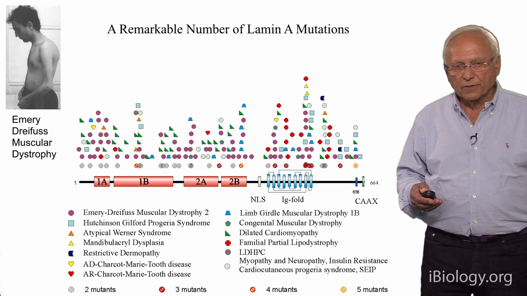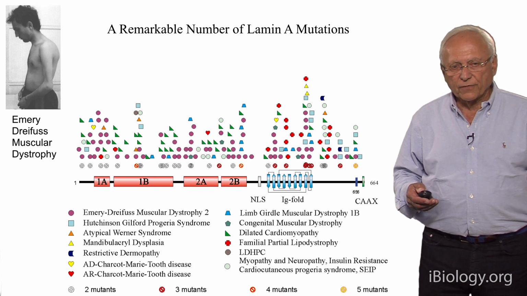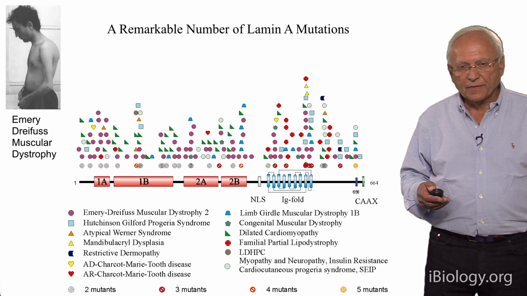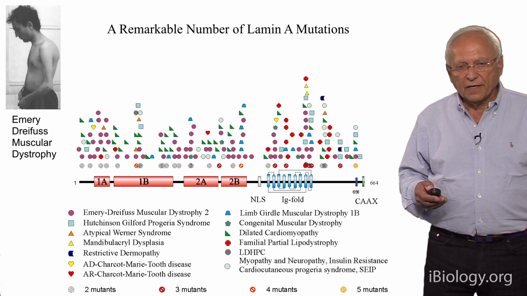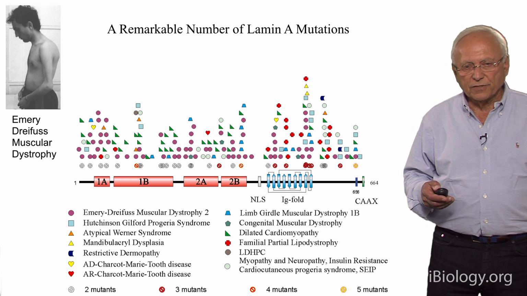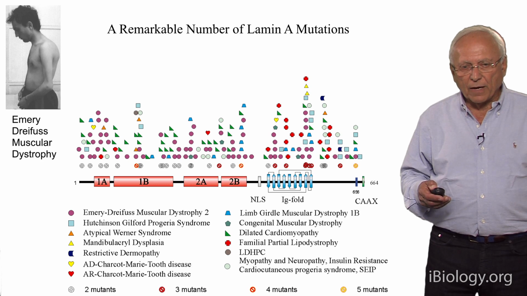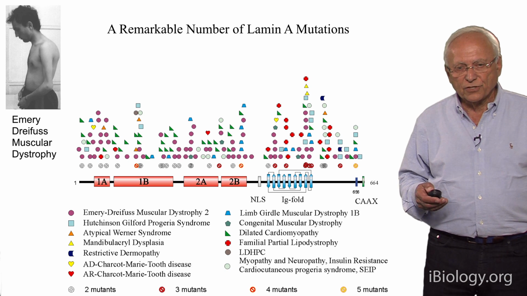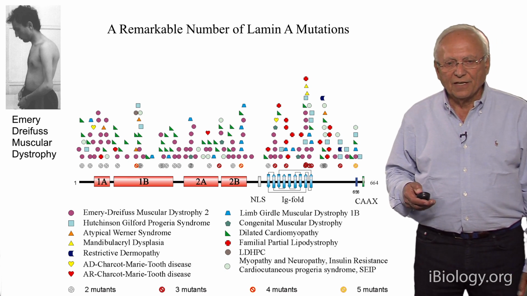So this remarkable number began with the discovery of Emery-Dreifuss muscular dystrophy many years, about 12, 13 years ago, by Gisèle Bonne in France. And it turned out that this was a point mutation in the nuclear lamin A gene. And this was followed by an enormous number of discoveries of mutations in the nuclear lamin A gene, probably making it the most mutated gene, or one of the most mutated genes